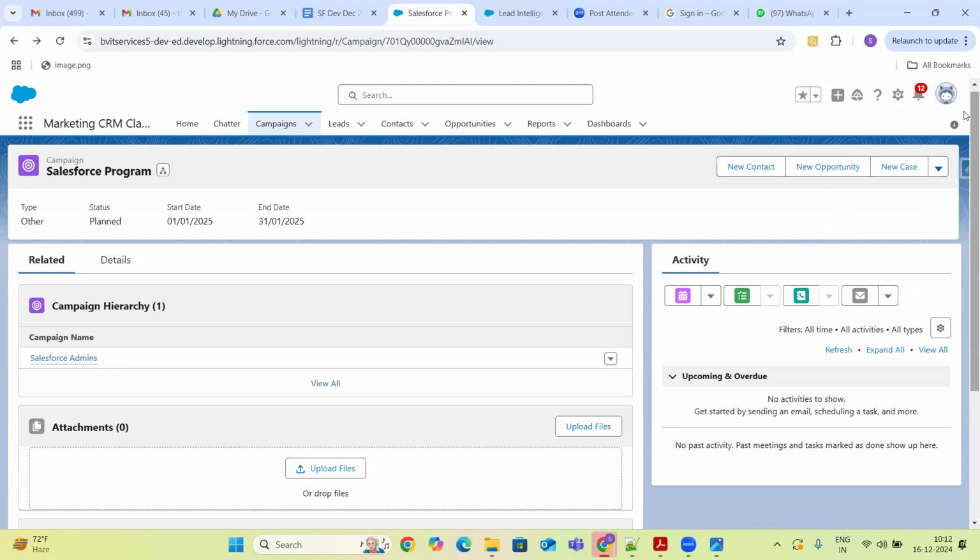Again, what is a lead? What is a contact? A lead is the person to whom we are sending our promotions. And a lead has two statuses. One is that we are sending our promotions, and the other is that the same lead has responded.